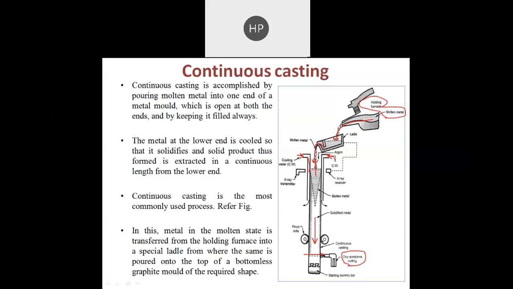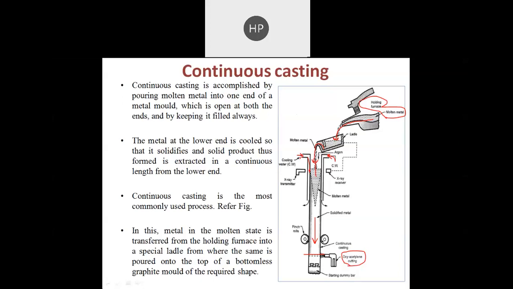I'm just giving you one example to understand, it is not exactly matching with that one, but if you are making a railroad, the railroad is very long, as we know. To make that, a similar type of arrangement can be made. I'm not saying that railway roads are made by this continuous casting process. Its process is different. But suppose you want to make such long railroads, like 20 meters, 30 meters, or 50 meters. Such a long product.